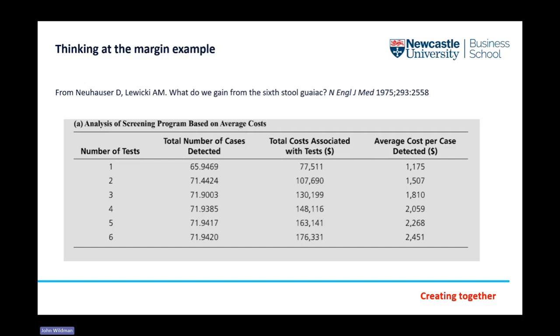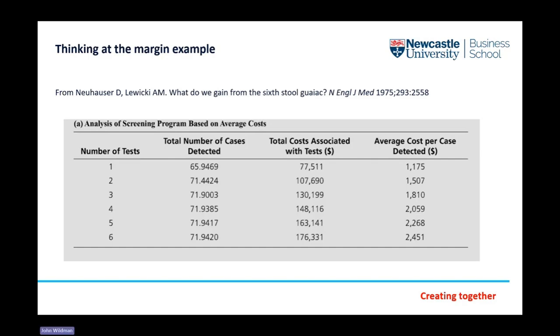I mean, this is quite old, from 1975. It's a classic teaching tool in health economics. But let's just say we can think about it in terms of NICE's threshold of around £20,000 to £30,000. I mean, that's not going to be far off around $25,000. So if you think about a threshold of $25,000 average cost per case, these tests look great. Do the tests, get more cases, average cost per case.